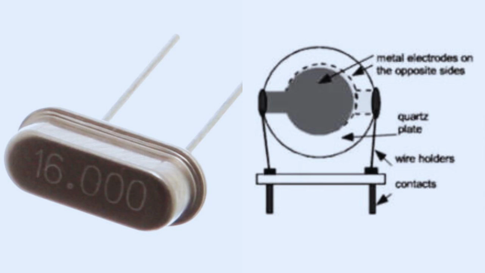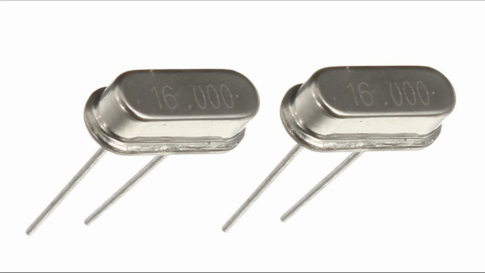The resonant frequency of the crystal resonator is primarily determined by its physical dimensions and properties, such as its cut and thickness. Different crystal cuts and orientations result in crystals with different resonant frequencies and stability characteristics. Frequency stability. The stability of the oscillator's frequency is influenced by factors such as temperature variations, aging effects, and external disturbances. Temperature-compensated crystal oscillators, TCXOs, and oven-controlled crystal oscillators, OCXOs, are designed to mitigate frequency drift and provide higher stability